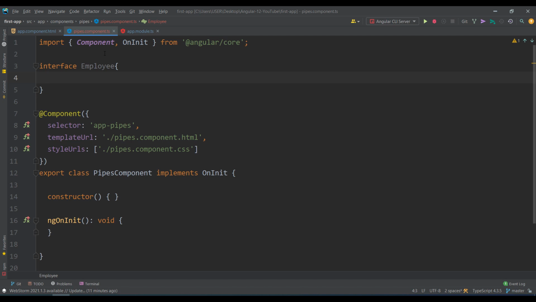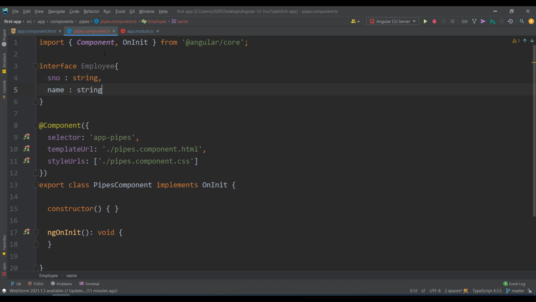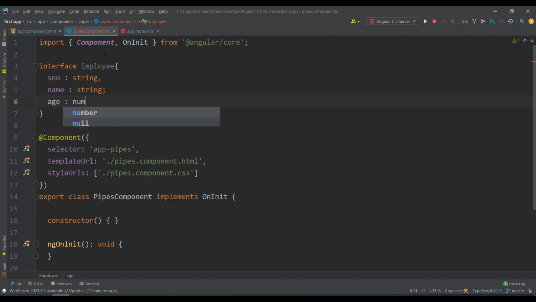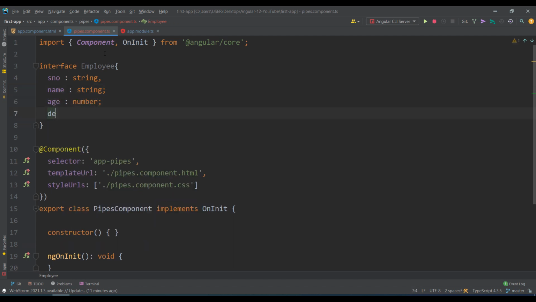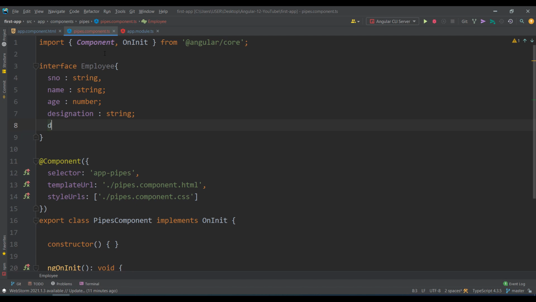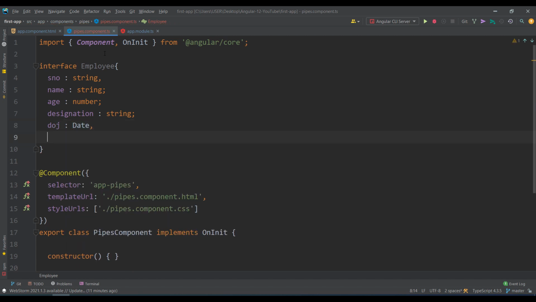Employee contains a serial number of type string, name of type string, age of type number, designation of type string, and what else? DOJ, date of joining, is a date. And salary is a number.